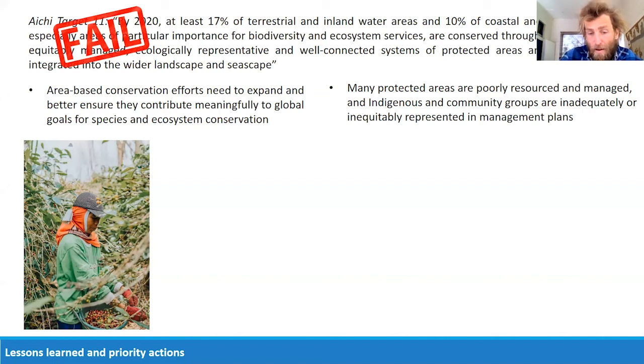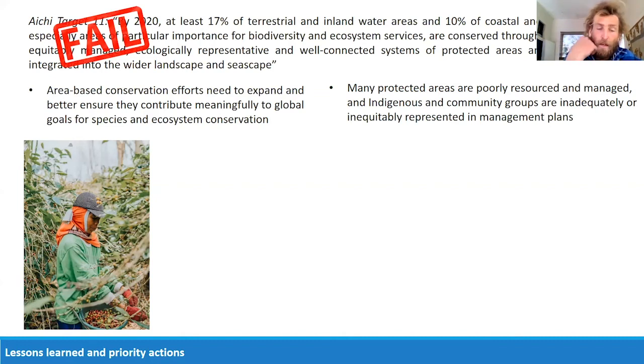And another plus side is that from the OECMs that we know about, at least Indigenous managed lands can support similar concentrations of vertebrate species to nationally designated protected areas. So clearly very important to work with Indigenous peoples and local communities to have OECMs recognised, provided that those groups of people support that and want it.